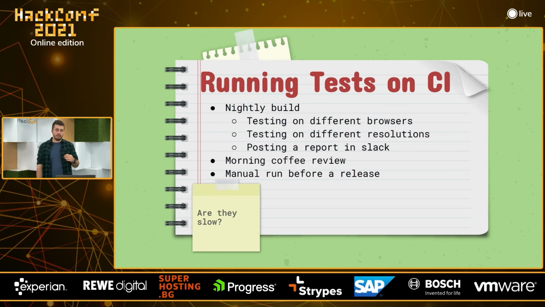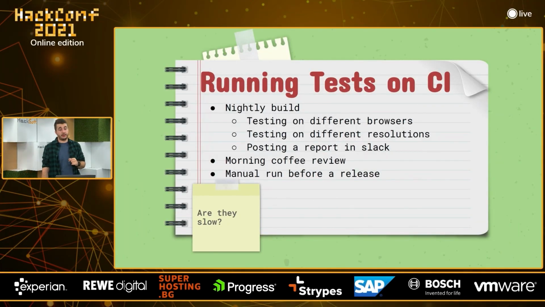Do we want to run them on every release or on every commit or on every merge, or I don't know. So the truth here is that these tests tend to be kind of slow. We are running them on different browsers. That means we have 100 tests that we're executing on Chrome, then on Safari, then on Mozilla. Then we tend to run them on mobile devices just to see how the resolution is going and ensure the system is working on mobile devices too. And they take, let's say, 30 minutes, 40 minutes, 2 hours, depending on how slow they actually are. And they're slow by design. They are setting up everything and clicking from the UI.